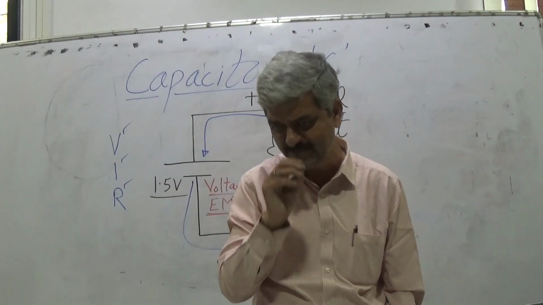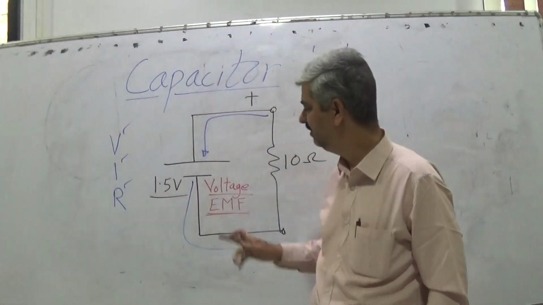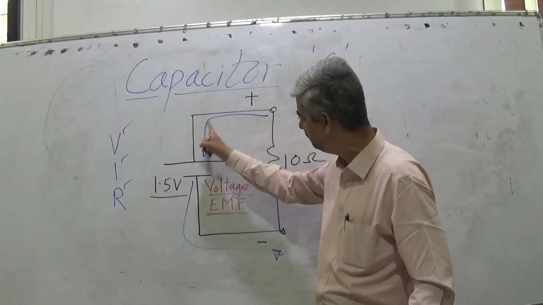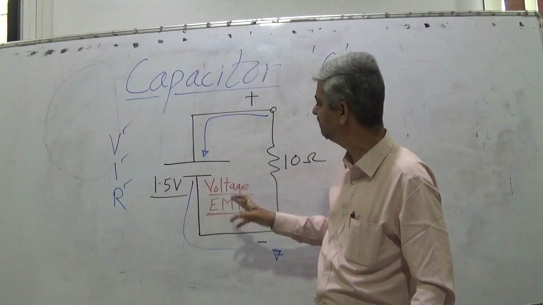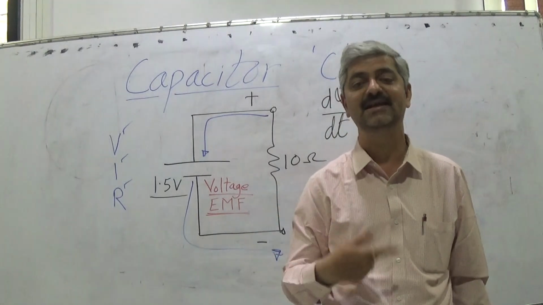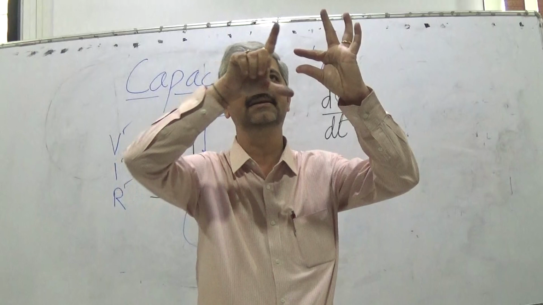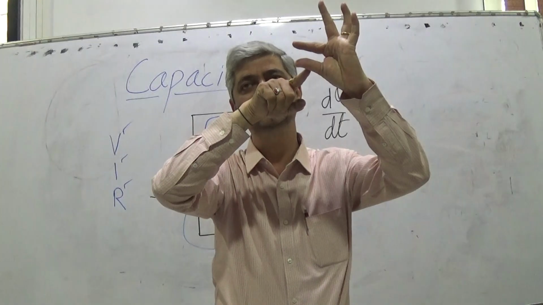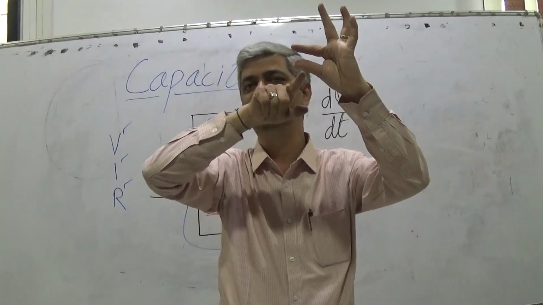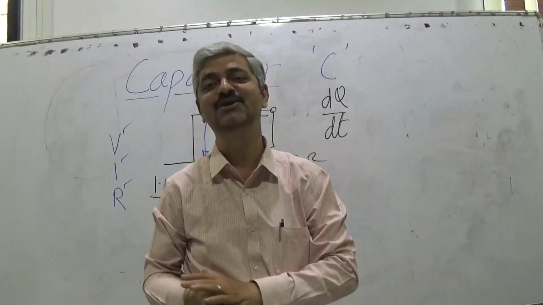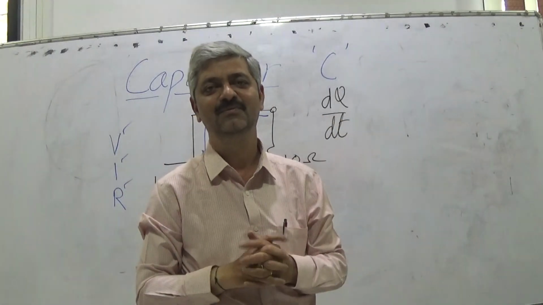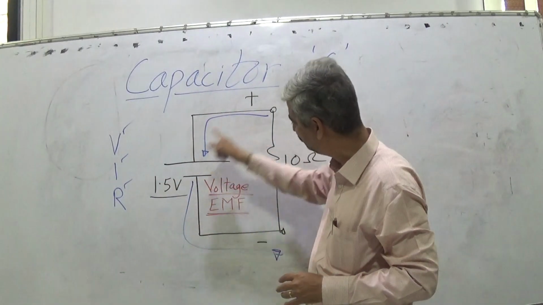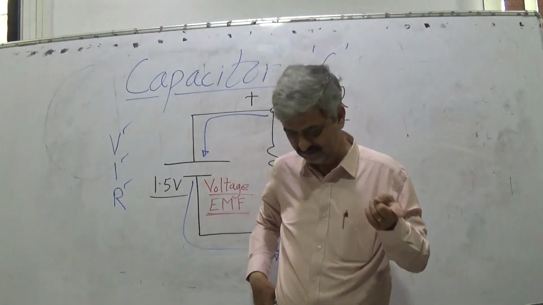So I have a simple question. If this battery is forcing electrons from this terminal, like a pump, and the other terminal is attracting electrons, why don't electrons accelerate? If a battery is connected, a wire is connected, some resistance is obviously there, why don't electrons accelerate? If electrons accelerate, then the current will continuously increase. Why does current remain constant? When I connect, electrons should start accelerating and so current should continuously increase. Why doesn't it happen? I want an answer from you.